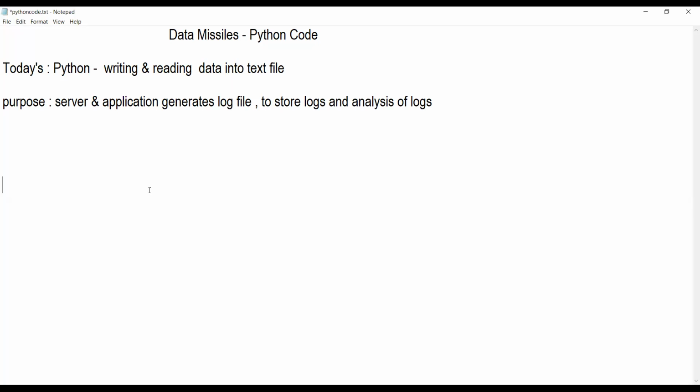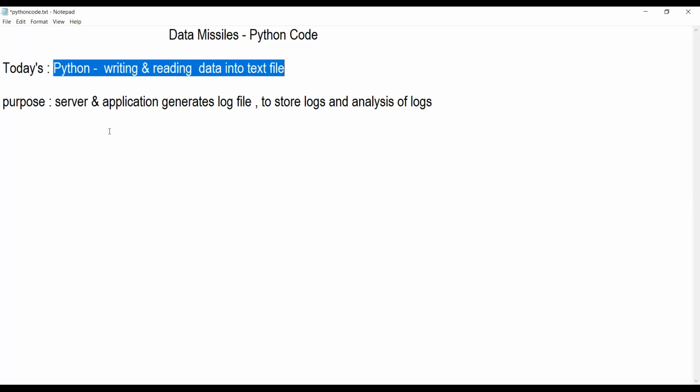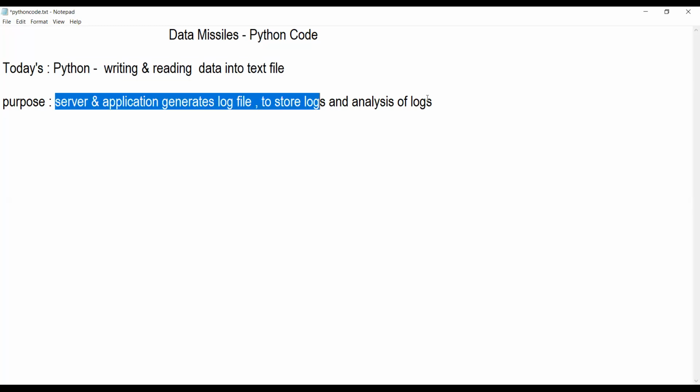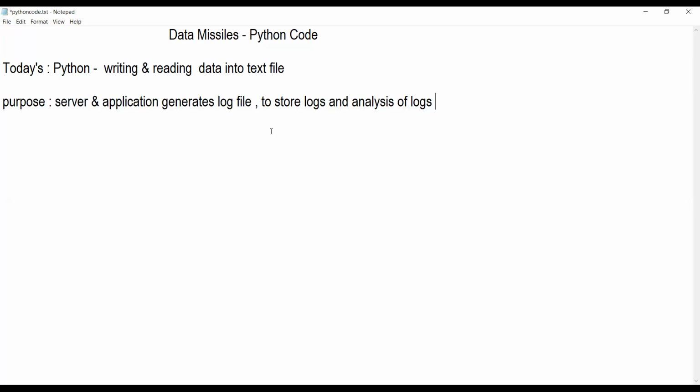Today we are going to discuss a very important topic: how to handle files when data is available in files, and how Python can handle this. This is a very important thing, and each and every developer, upcoming developer and programmer should use this topic. So, very interesting one. The main purpose of this is file handling.